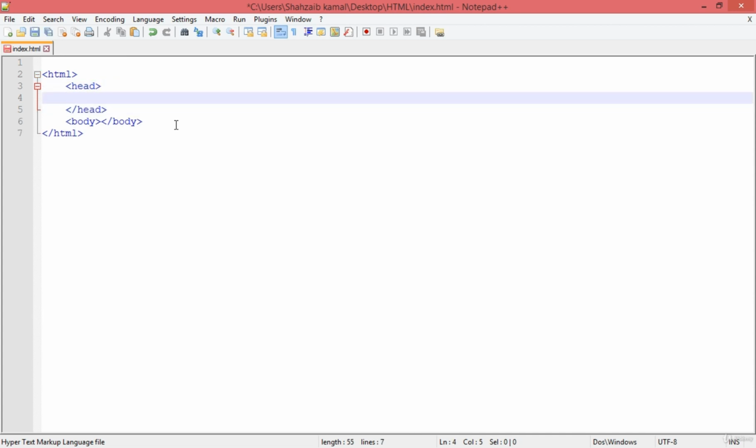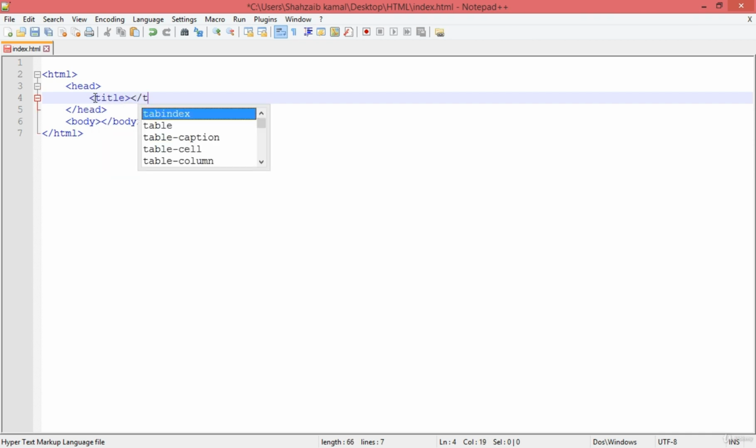Now one thing more: when learning HTML syntax, you should learn how to make your document more readable in the coding. So when you nest any tag within another tag, add a tab. Because we're adding a tag inside the head, add a single tab after the starting tag of the head tag, and the tag is the title.